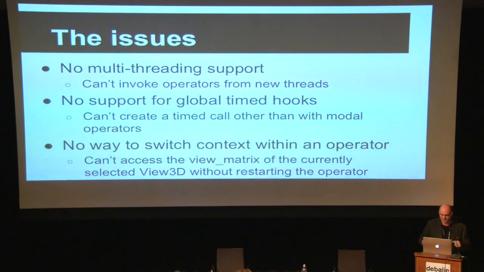So if I want to simply move the mouse over another window and move the object in another window, the problem is that I cannot access the view matrix of the second view. This is very technical. I don't know how many of you are following me. But there is somehow a discrepancy between what the user sees as a window selected and the meaning of the current working context and what I actually can see from the code.